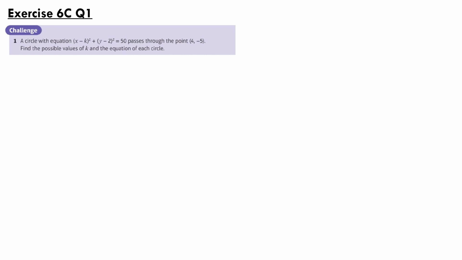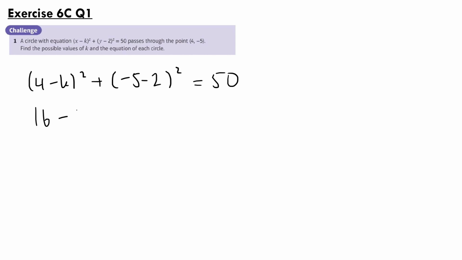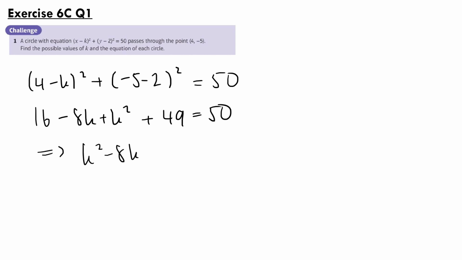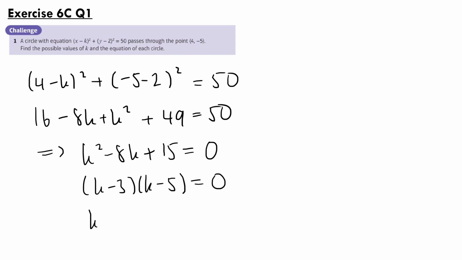So x equals 4, we have (4 − k)², and y equals −5, so we have (−5 − 2)² is equal to 50. Therefore 16 − 8k + k² + 49 is equal to 50. And therefore k² − 8k + 15 is equal to 0. And we can factorize this to get (k − 3)(k − 5) = 0, and therefore k equals 3